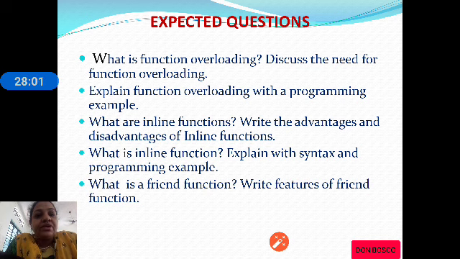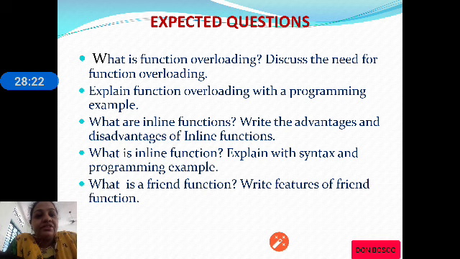Next is, what are inline functions? Write the disadvantages and advantages of inline functions. The next expected question is, what is an inline function? Explain with syntax and programming example. Next is, what is a friend function?